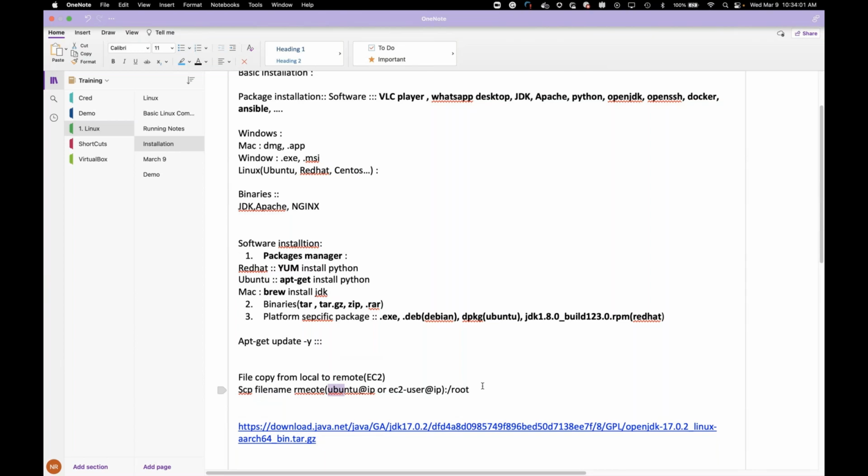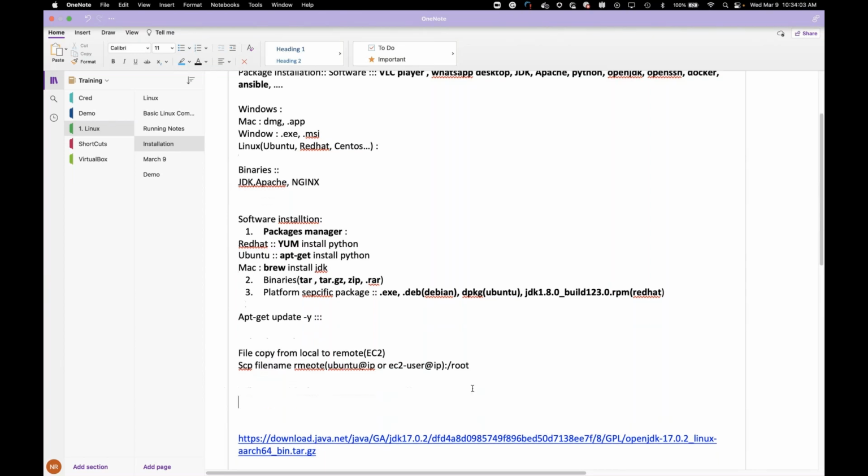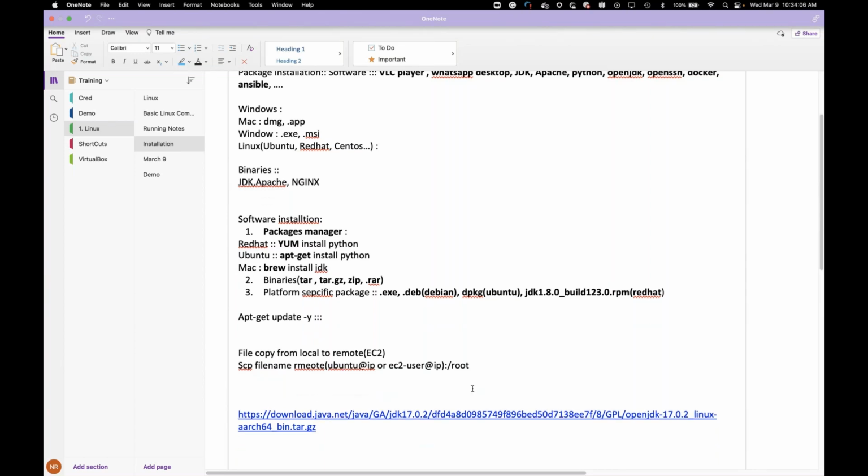Yeah, Rajendra. By using this SCP command and giving the EC2 instance, in the same way, if we want to copy all the dependencies from another server, instead of curl, we can use SCP with the file name and this EC2 instance, right? Exactly. So what we are talking about, curl we are using to download software, not to